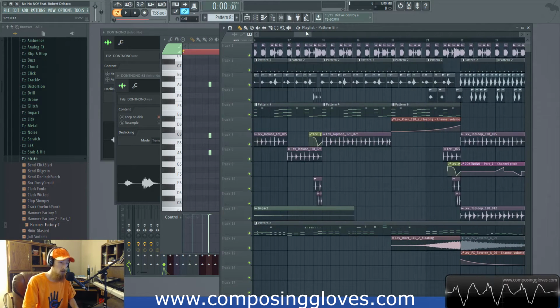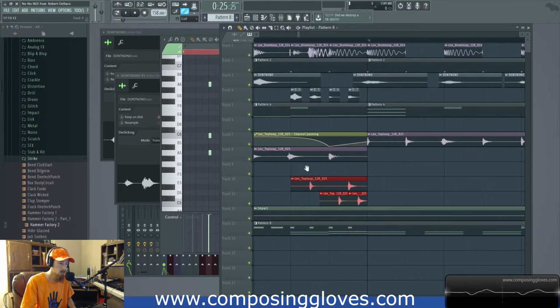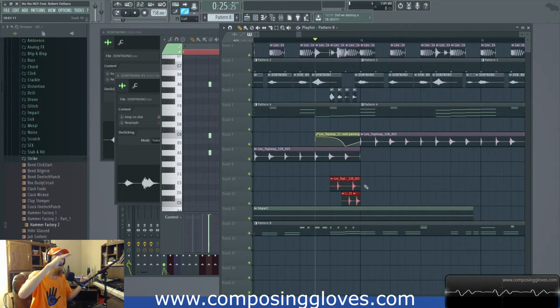Now, I do other things too. We can talk about a lot of other things. We're getting into much more advanced topics, but we have panning here, for example. And I love using panning for moments like this. So if you listen to this, you'll see, what is this? The top loop. So I believe it pans this thing if we zoom in here. So it pans this guy. I believe down is your right channel and up is your left.